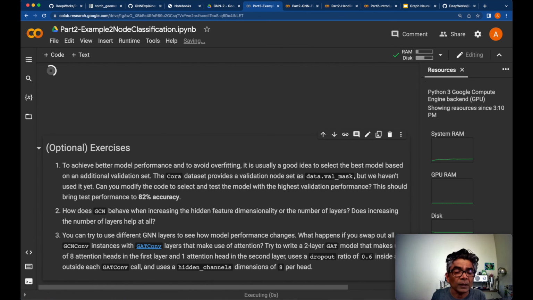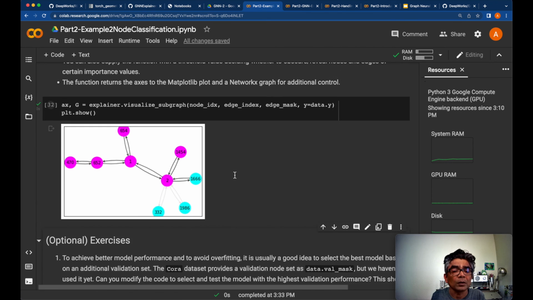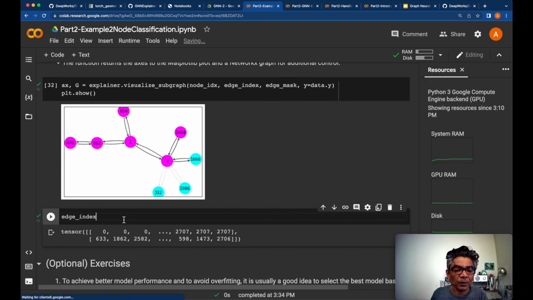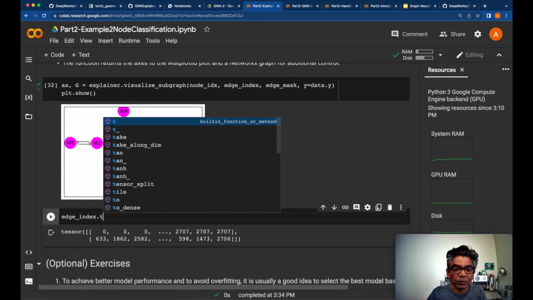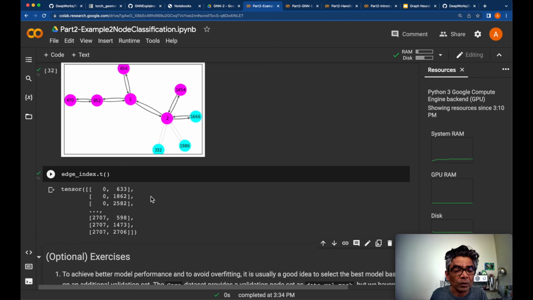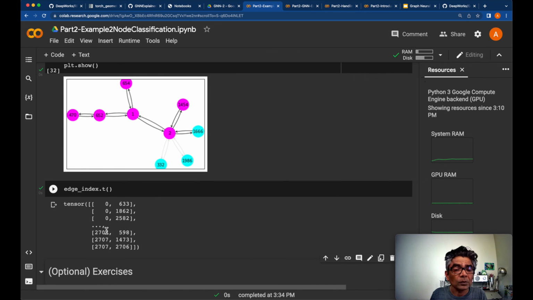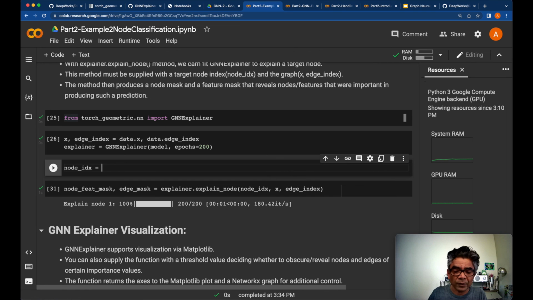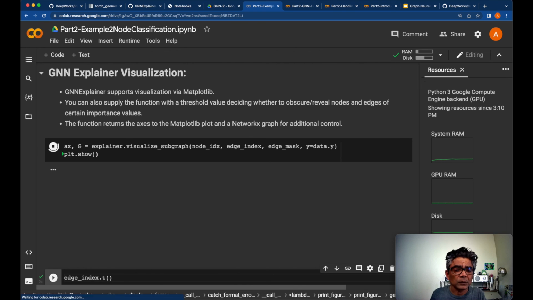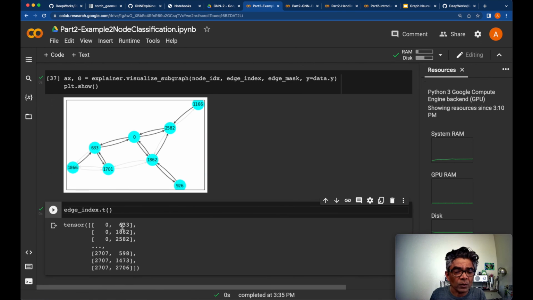Training is done, and here is the visualization. So let's see edge_index. Let's print the tensor of edge_index. So 0 to 66633, 0 to 1862, and let's use the node index 0. Visualize. So 0 is connected with 66633, 0 connected with 1862, 0 connected with 2582. So these are the 3